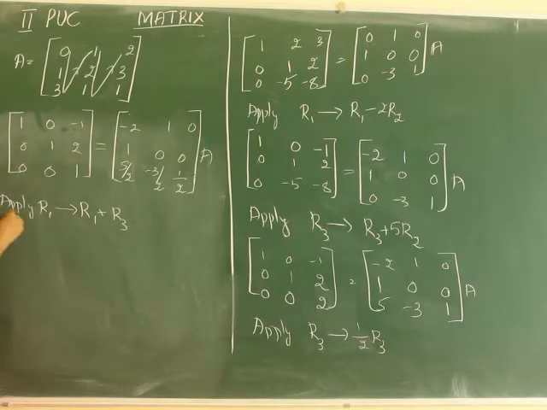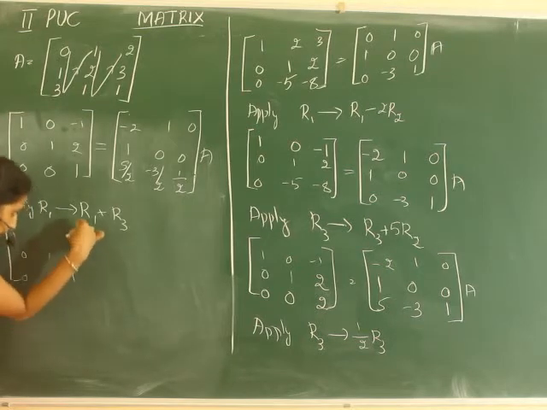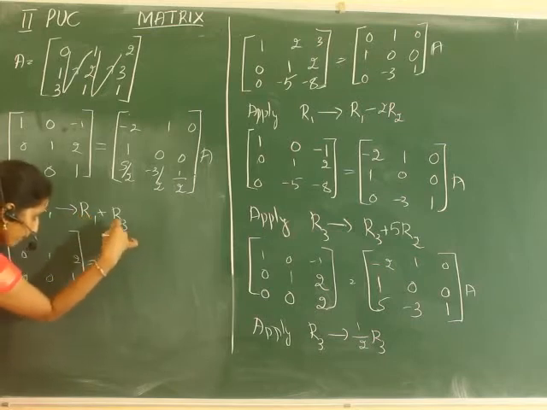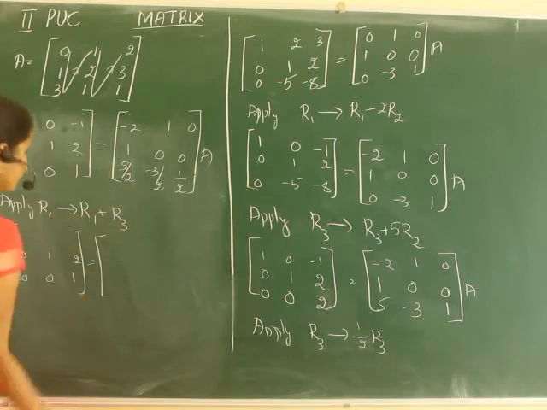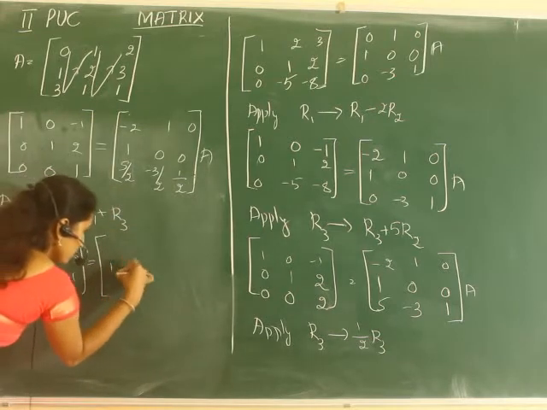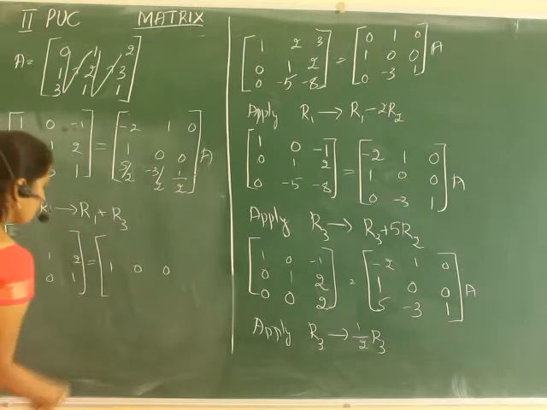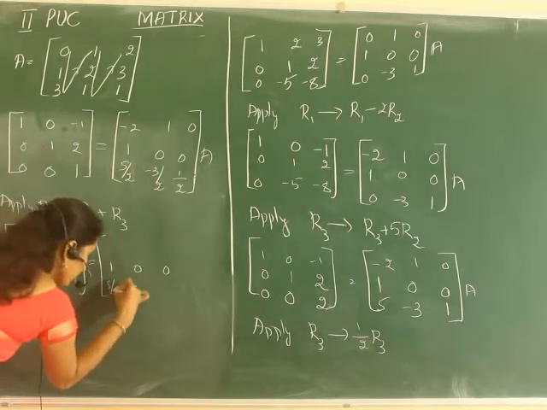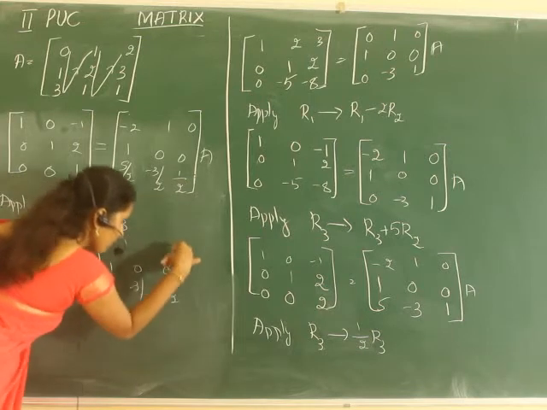So R1 changes means I can write other elements as it is, 0 1 2, 0 0 1, into here it is 1 0 0, 5 by 2, minus 5 by 2, minus 3 by 2, 1 by 2